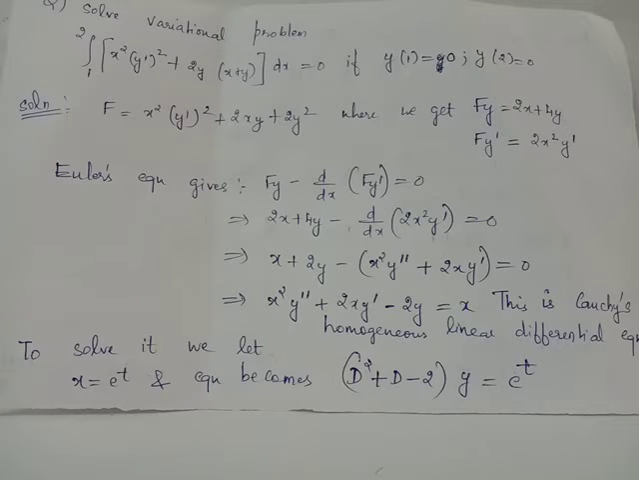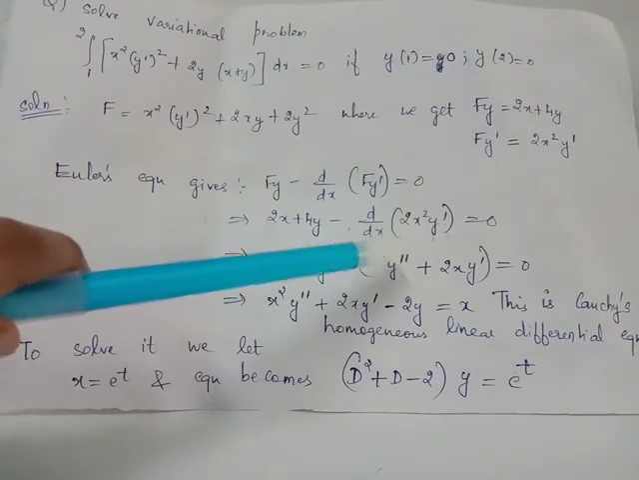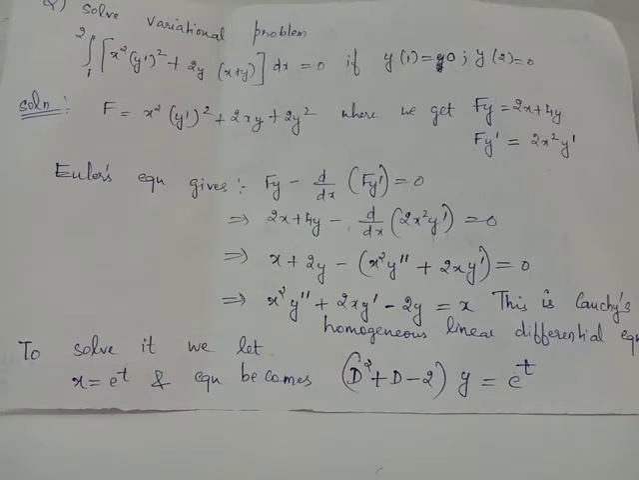We have ∂F/∂y obtained as F_y = 2x + 4y. The partial derivative of F with respect to y' is obtained as 2x² y'. Substituting these values in Euler's equation, we obtain 2x + 4y − d/dx of (2x² y') equals 0. Here we apply the product rule and we get x² y'' + 2x y'